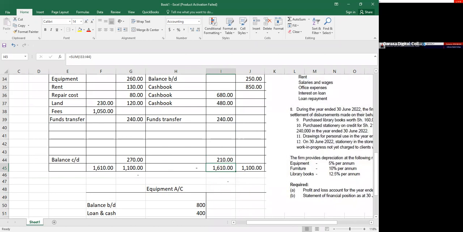We had said that to record the contra, that is, to record the transfer in the cash book, we debit our cash book and credit our cash book, that is the office and clients columns. Then to record the contra in the client's account, we debit our client's account, client's column, and we credit our client's account, office column. And that is exactly what we've done here.